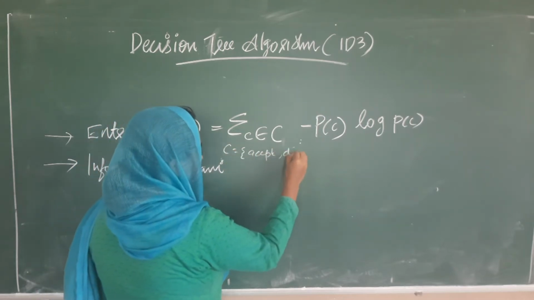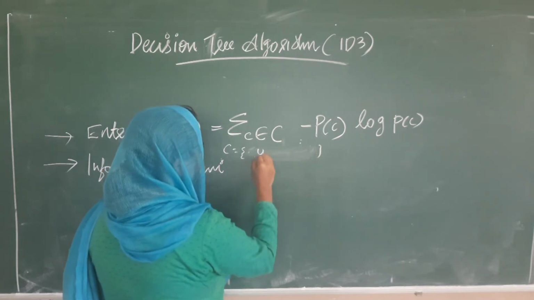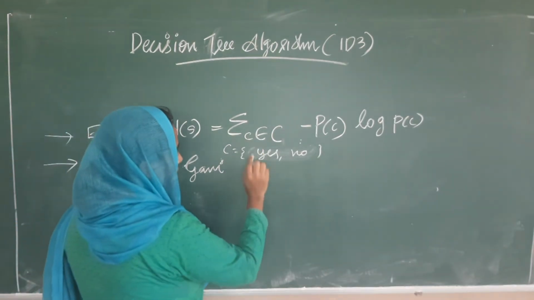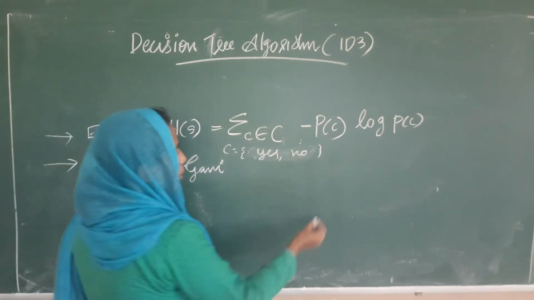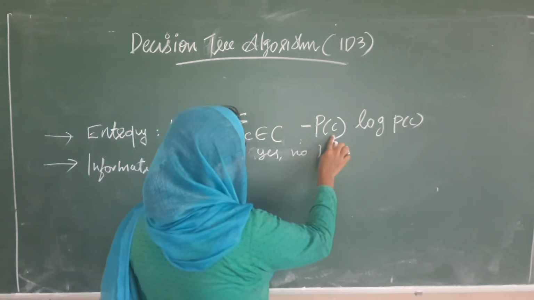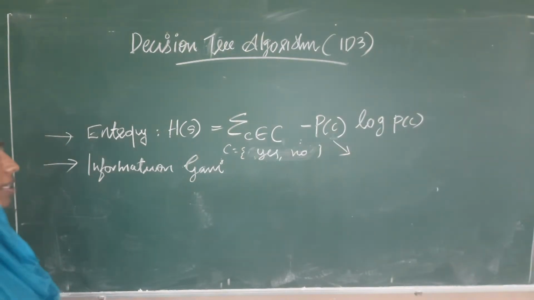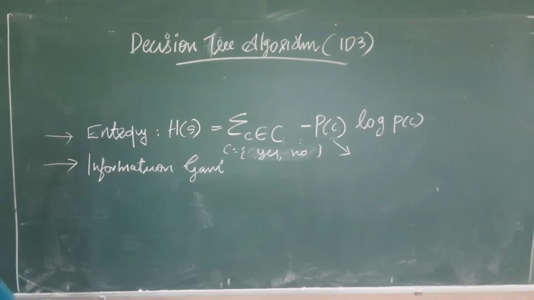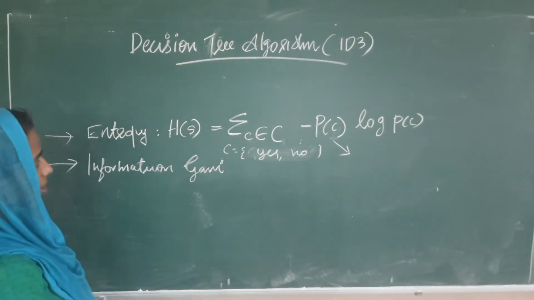For example, if we have two classes, yes or no, C is just yes or no. So small c iterates over them. So small c could be yes first and no later. Okay. Probability is the proportion of data points in the class c to the total number of data points. That is, how many data points belong to the class c and the total number of data points. So here S is the data set. Yeah, everything else is clear, right? So this is how we find out entropy.